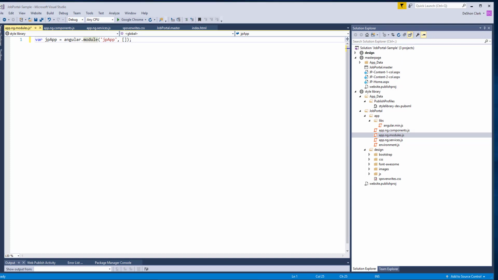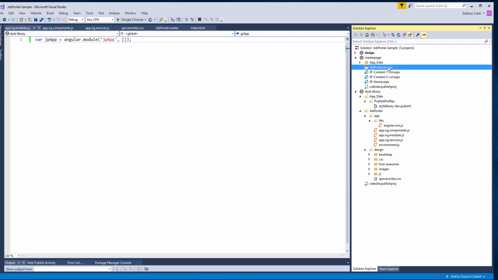Let me just double check that I don't have any syntax error. I actually have a working application in another window, so I will be bouncing back and forth just to make sure there are no syntax issues. Okay, so now this is all wired up. That's our JP_app, and if we save this off, the second thing we have to do,